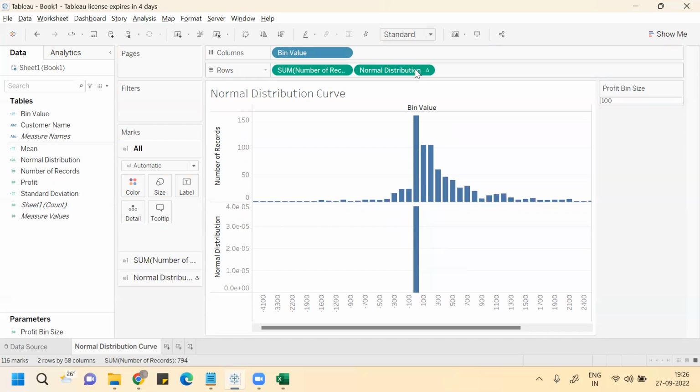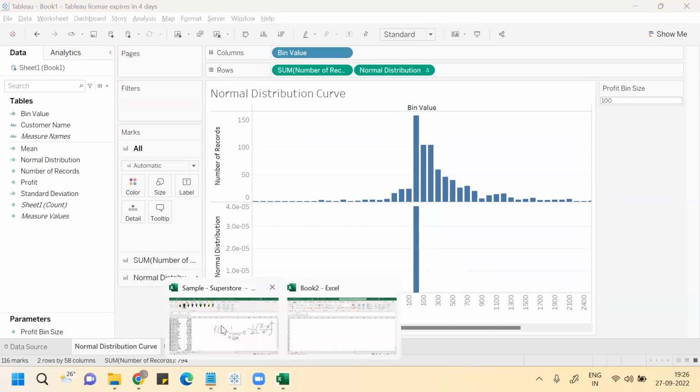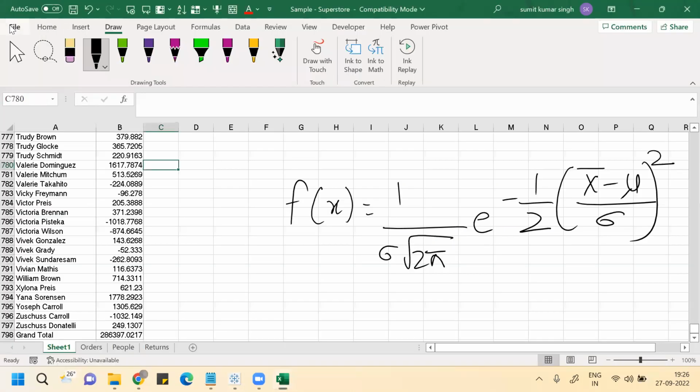Okay, now you got a curve like this, guys. Why do you get a curve like this? This problem will happen with you. The reason this problem will happen is that if you observe your data,